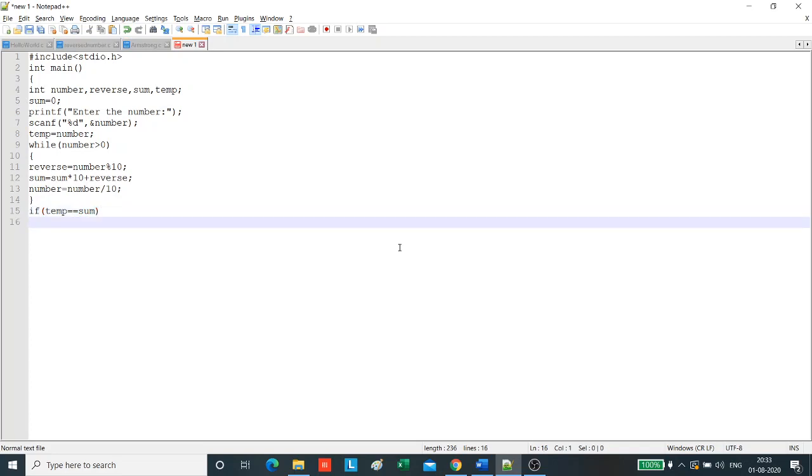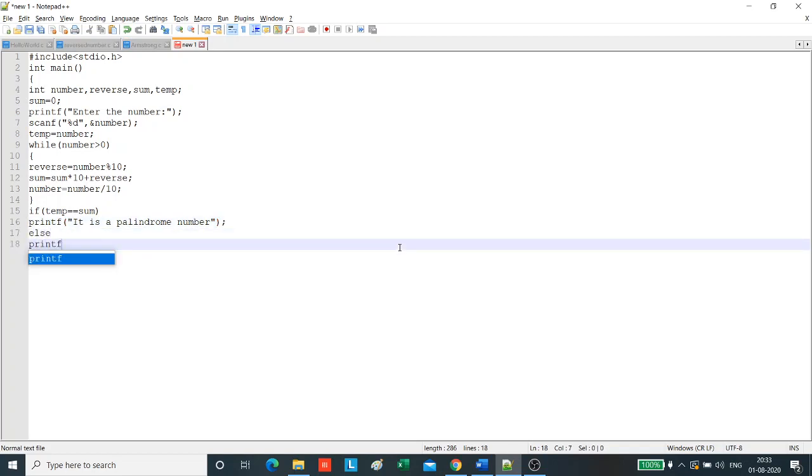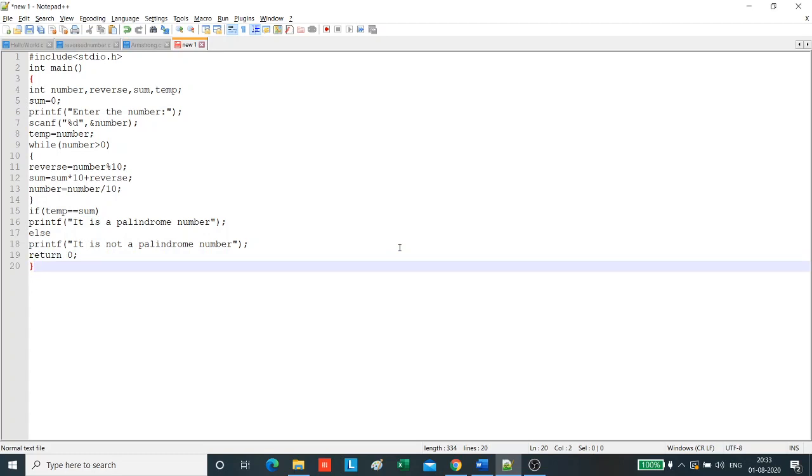If it is equal to sum, then we will printf it is a palindrome number, else we print it is not a palindrome number. We write the return statement, return 0, and we close the main function.